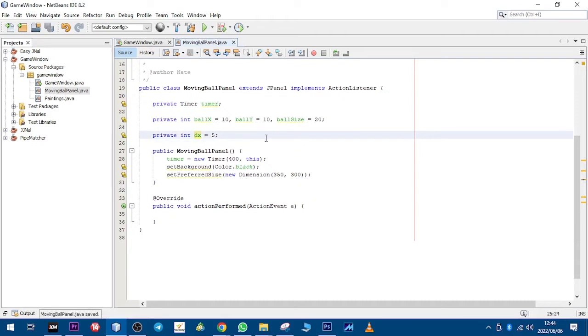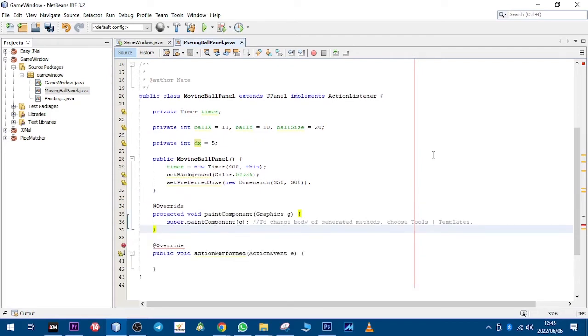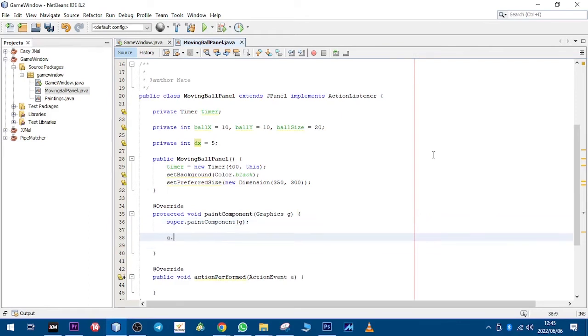Yeah, that's the only variable we're going to create for now. Basically, our ball is going to move only horizontally, and then when it reaches a limit, it's gonna go back to where it started before. Okay, so now let me write the code that's responsible for drawing that ball. So I'm gonna override the paintComponent method. Okay, and then now I'm gonna make the color of the ball to be red,